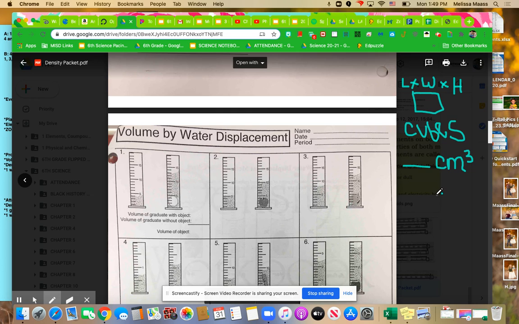Now, the one we're really going to focus on right now was in the video. It's kind of the examples I gave you, and it's going to be volume by displacement, water displacement. You're going to be displacing the water, changing the level that it's at. This is for when you have irregular objects. We're going to do a couple of these examples in this